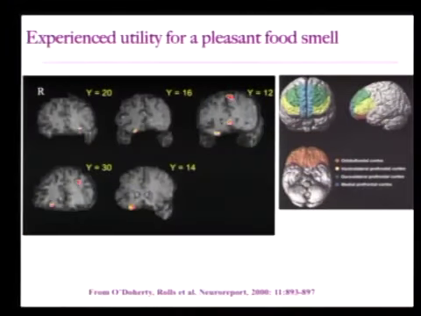But it's also good for an experiment because we can selectively change the experienced utility of this banana and look at what areas in the brain track the changes to the banana, but that don't change to the vanilla. So we put them back in and we scan them again. Okay? And then what we look for are areas of the brain that show a selective change in neural activity to the banana. So it should decrease to the banana, but not change to the vanilla.